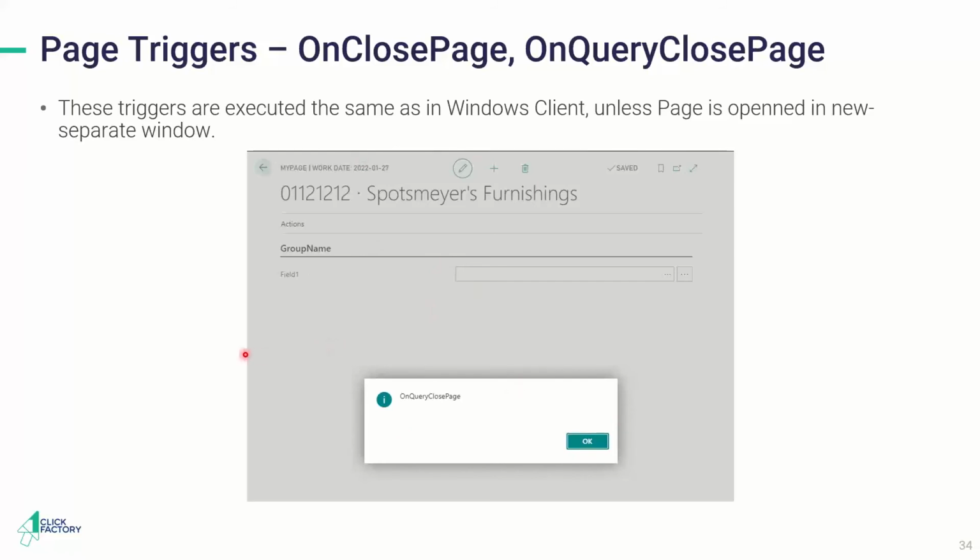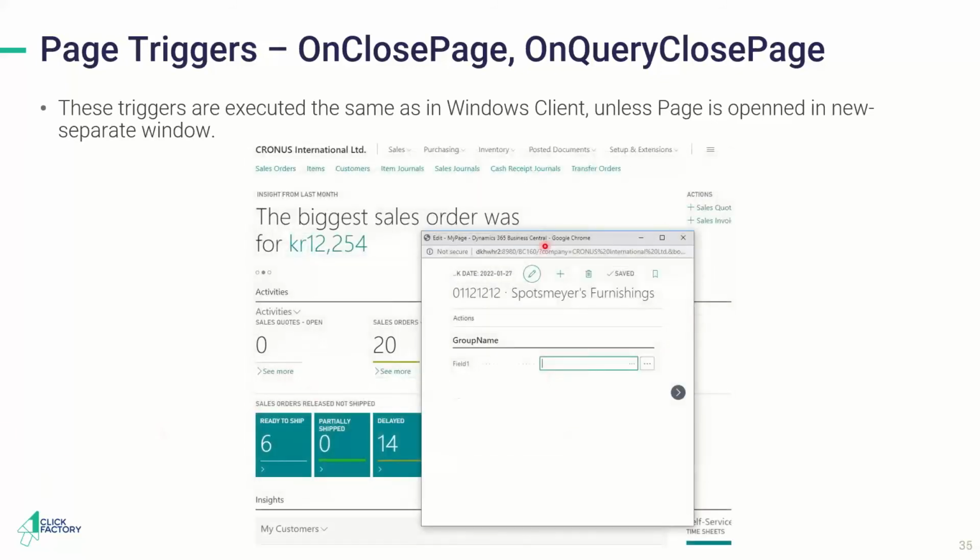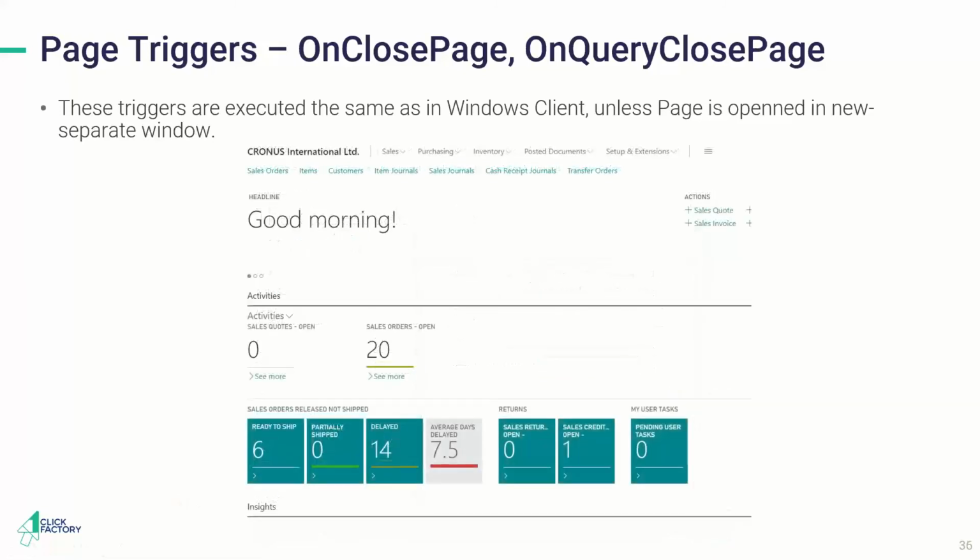It works the same as in the Windows client. But Microsoft has introduced new functionality to open the page in a different tab. If you press this one, the page looks like this. It's a different page. But if I close it, nothing,